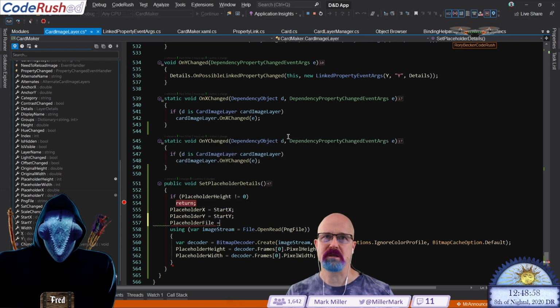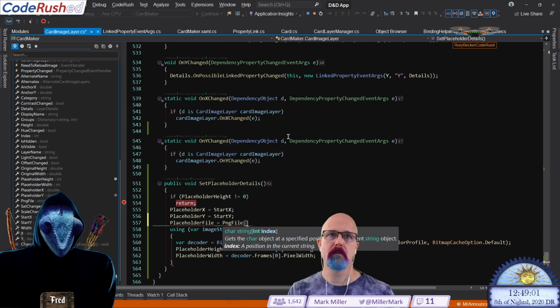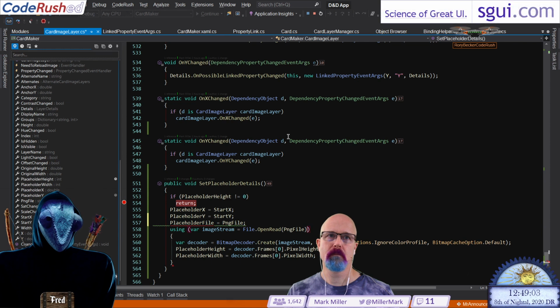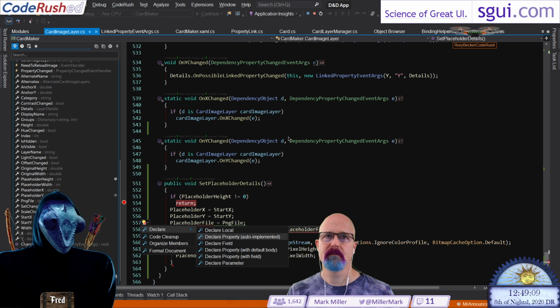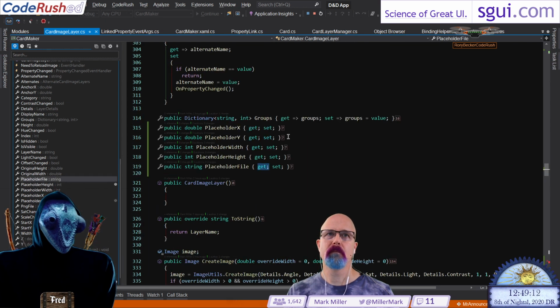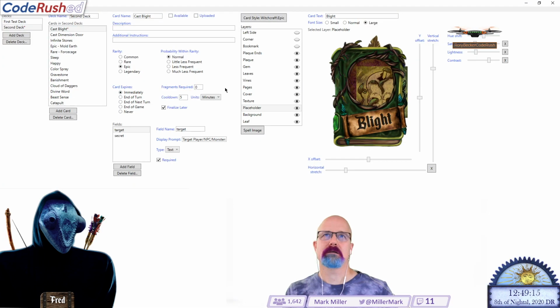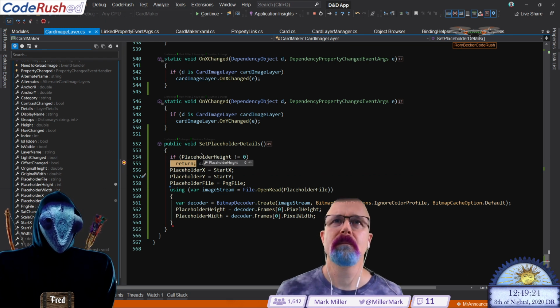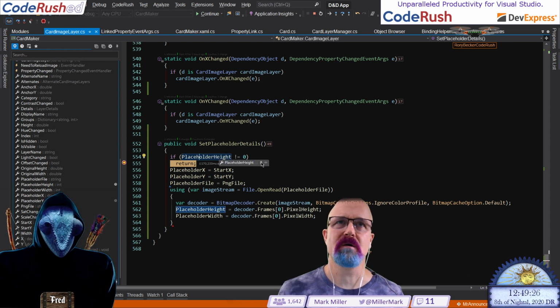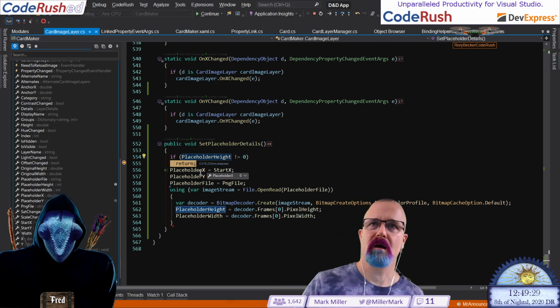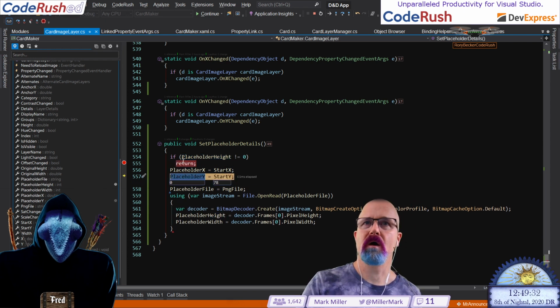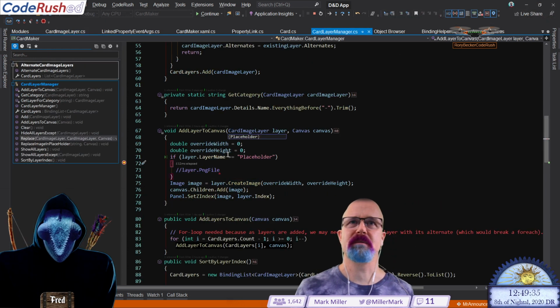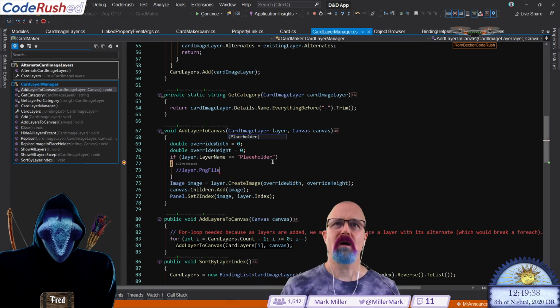I'm going to set that equal to the PNG file. Like that. Okay, I think I need to click on something here. Okay. So now we've got placeholder height is not 0. It seems to be clearly 0 here. It says return. Oh no, it's just, I see. It's because I made those changes to it. Okay, so now what I think I want to do,